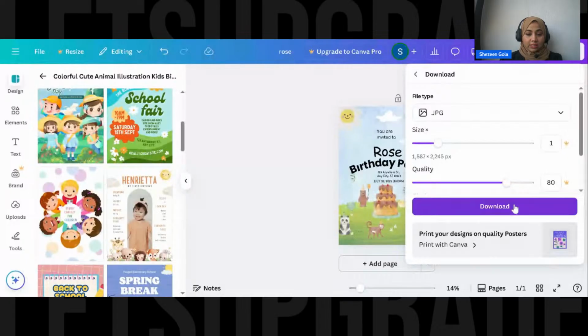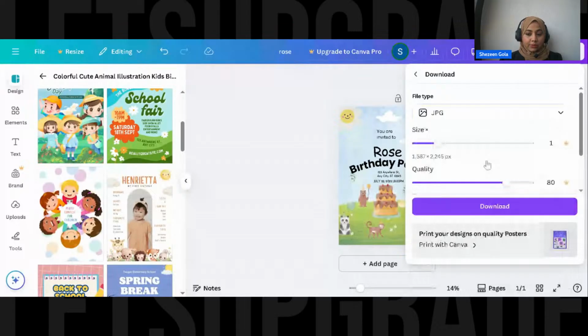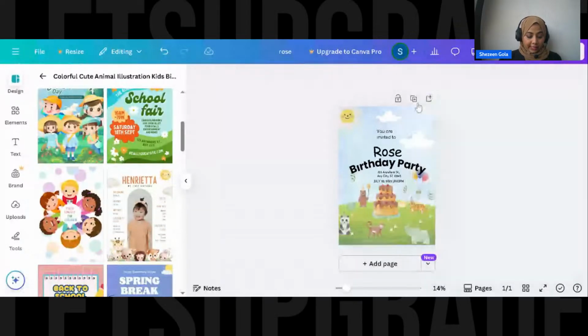So a lot of things, you can have a plain background removed and everything, which is more convenient. Now when you save it, I saved my file as a JPEG and I download it. The moment I download it, it's asking me to upgrade. As I told you, as a student, it is not advisable. I would not advise you to invest in it. It's 500, but if you're making some money out of it, it will be really nice.